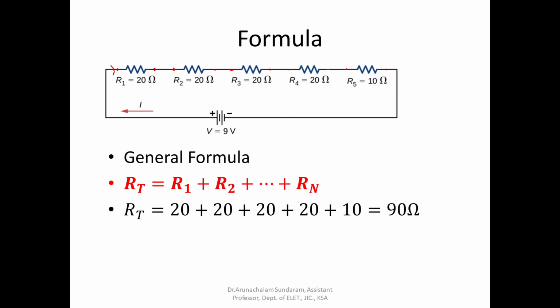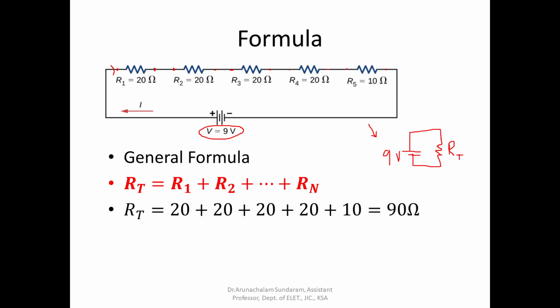I already told you, whenever you are going to solve a series circuit, we have to draw an equivalent circuit. So this becomes our source, which is 9 volts as given in the circuit. So this source does not know that you have connected 5 resistors. It will just know that it is an equivalent resistance RT. As far as the source is concerned, it will see only the total resistance connected to the circuit.